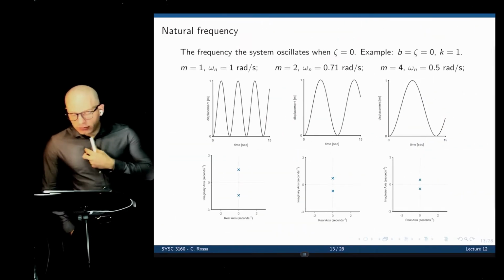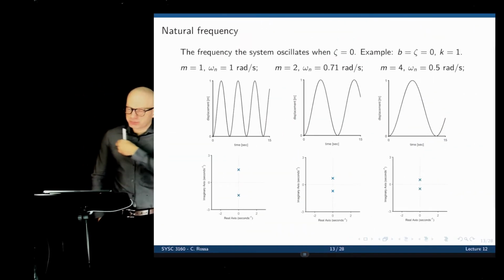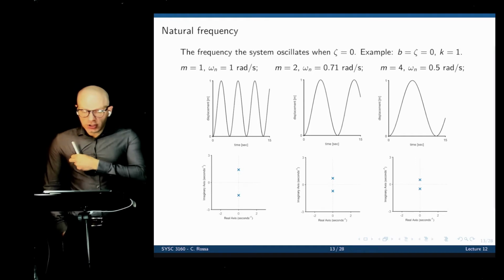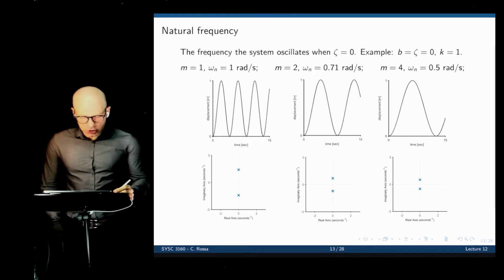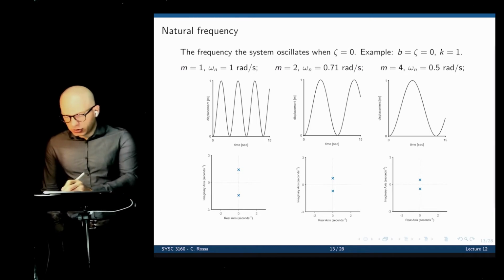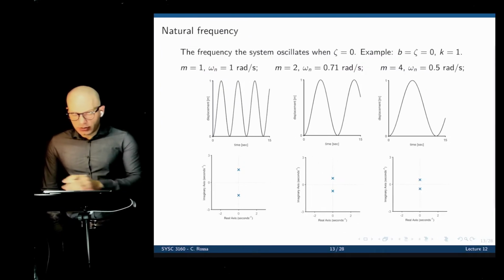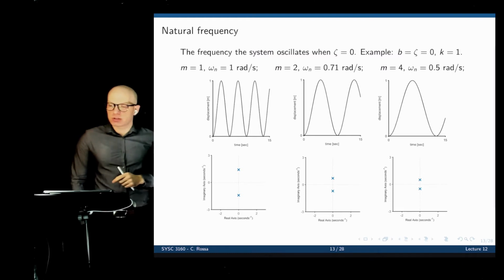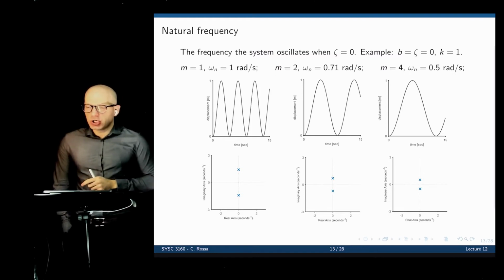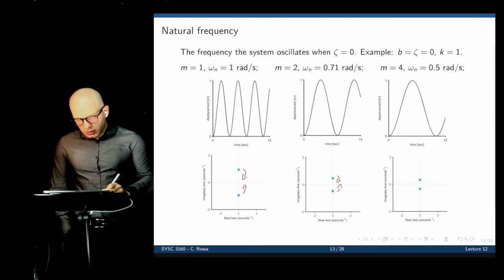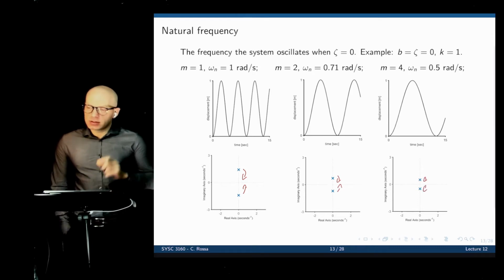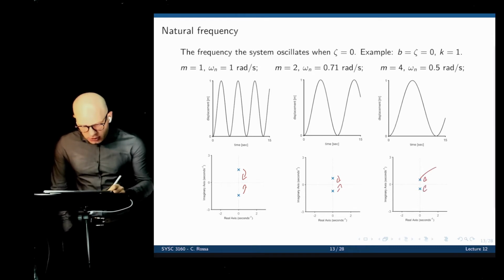Let's change now the frequency of oscillations. If we set zeta to 0, so B to 0, and we now change the mass of the system, we are changing the natural frequency. And you see that the frequency at which the system oscillates is decreasing as we increase the mass. And you see that the poles move towards the real axis now. The closer they are to the real axis, the smaller the frequency, because these values here are the values of